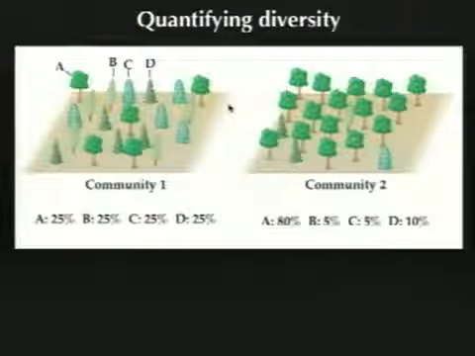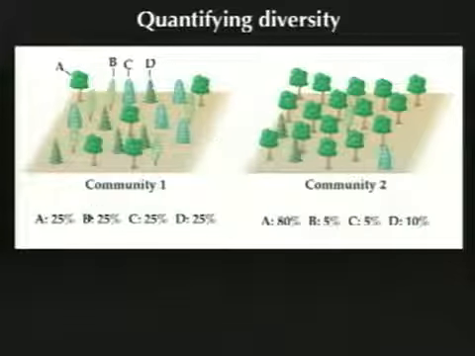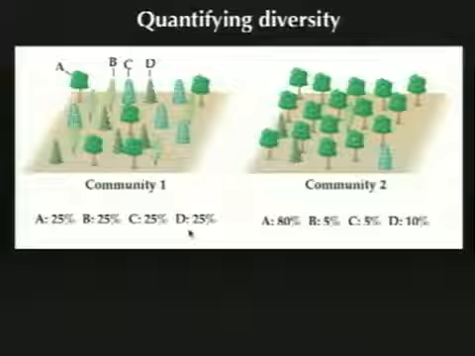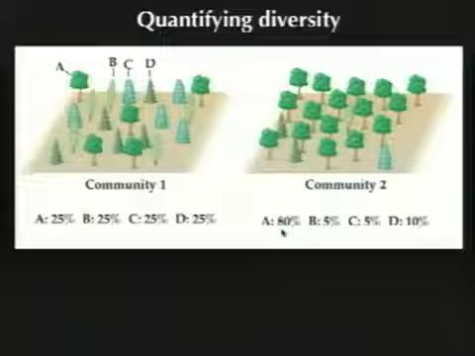Let's look at, I think this is straight out of the 8th edition, this example. It's a good one. Same idea, where you have these 2 communities with 4 species. Both communities have 4 species in them, A, B, C, and D. And you're given the percent representation of individuals in the 2 communities here. They all form 1/4 each of the total number of individuals in community 1. In community 2, it's dominated by species A at 80%.